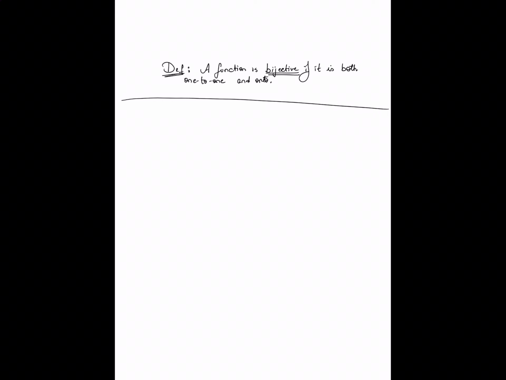Okay, so if I'm assuming that these definitions you are comfortable with, yeah. So one thing I should note is, what does it mean to say that a function is a bijection? It has to be both one-to-one and onto. So no two elements of the domain can map to the same element of the codomain, and every element of the codomain should be mapped in this manner. So in other words, there is a unique mapping between elements of the domain and the codomain. Every element of the domain is associated with a unique element of the codomain. Every element of the codomain is associated with a unique element of the domain, right? So that is what it means for a function to be bijective.